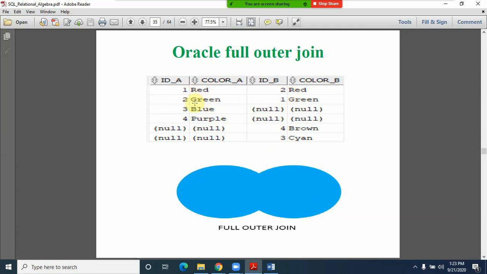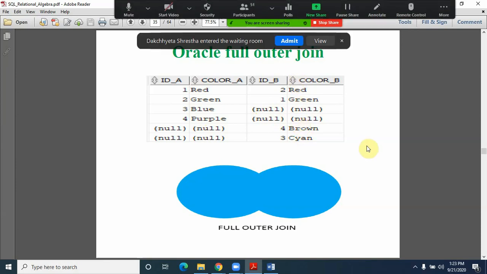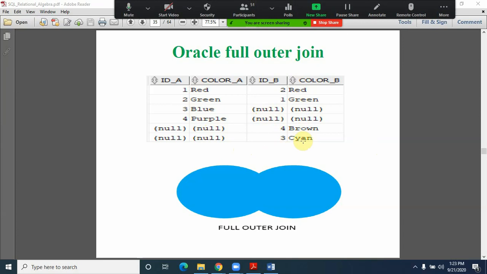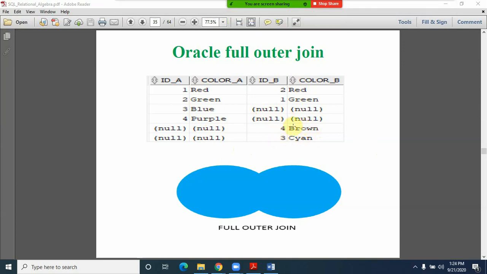The first two records are matched records, and next it fetches the entire information from table A, blue and purple, which are filled with null because these two do not have any matching record in table B. Then the second table has brown and cyan as values, which have no matching records in the first table, so they got filled with null values.